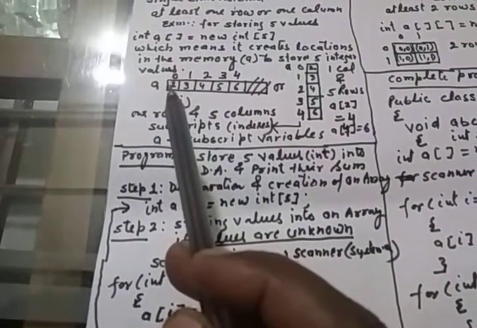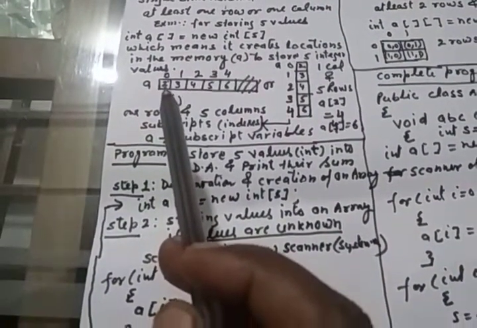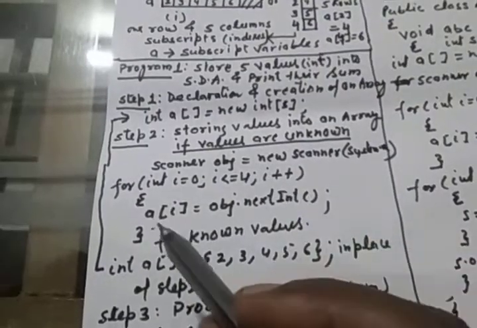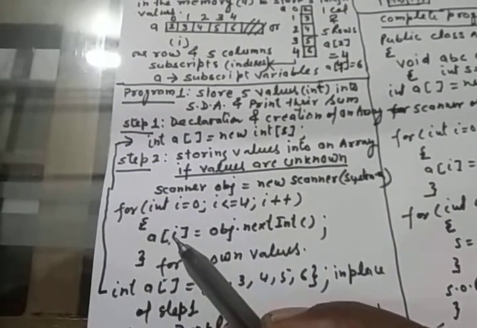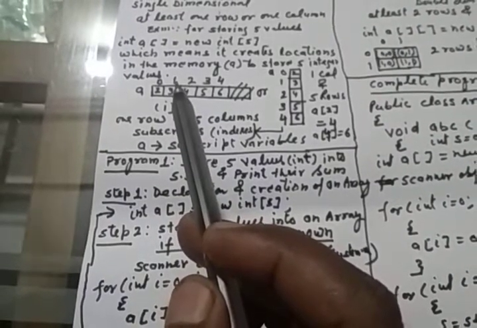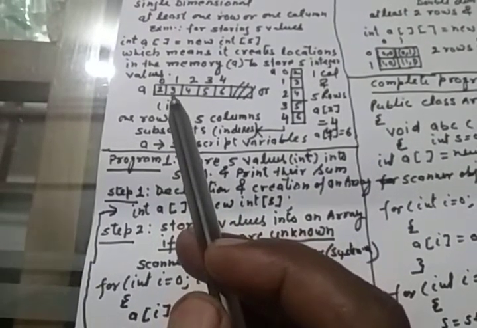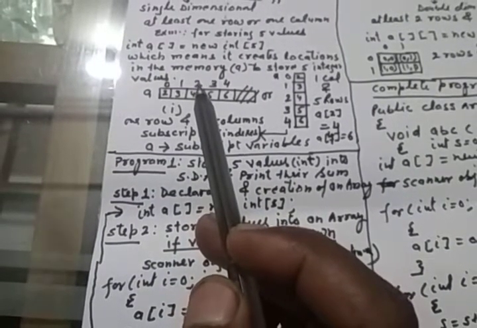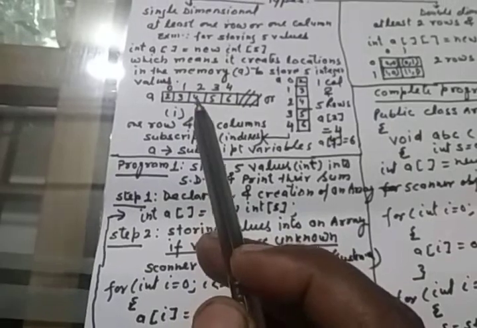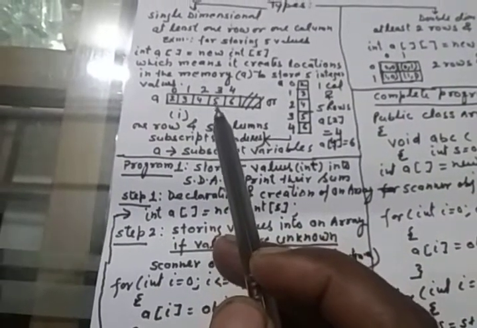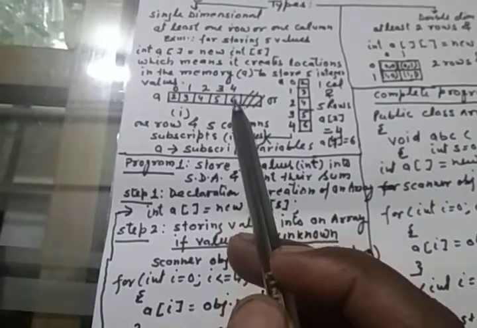Are you finding it? Okay, 2 will be stored here. Now see, do a dry run. Then I will be 1. a[1] means it is asking for a value for the first location of array A, about this location 1. If the user is inputting 3, 3 will be stored. In the same way, it will ask for a value for the second location. The user is inputting 4, 4 will be stored here. For 3, 5 will be stored. For 4, 6 will be stored.